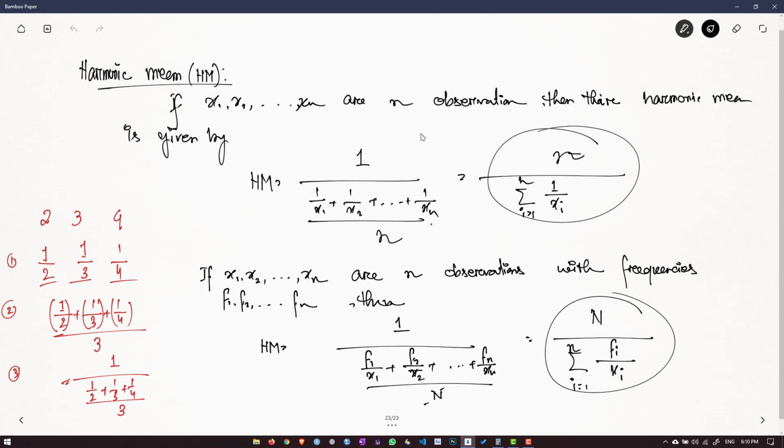So I will not go into exercises on harmonic mean and geometric mean. This is not that important for us, and most of the time it will not be used in practice, but still I have shown you the differences between arithmetic mean, harmonic mean and geometric mean. There are exactly two relationships between harmonic mean, geometric mean and arithmetic mean, and I guess those were covered at school level, so I will not go into that. So those are the three different means. And arithmetic mean, remember, is the most important, and we will keep reusing it in our later course also.